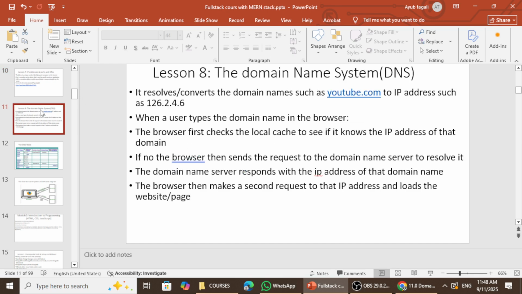In this particular lesson, let's look at the domain name system: what is a domain name, and what is the domain name system? The domain name is an alias that is used to represent a specific computer with an IP address. And the domain name system is the system that helps us to resolve, or convert, domain names to IP addresses. For example,